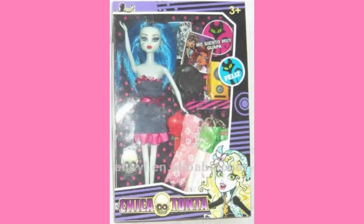Not gonna lie, growing up, I always thought tonta meant like stupid, dumbass, because that's how my family uses it. But when you punch it into Google Translate, it says silly, so I'm gonna hope that's what they were intending by it, because it'd be really funny if they were just calling this doll an idiot, just for no reason. The head also looks noticeably smaller than a Monster High head should be, which, again, a little goofy. And, yeah, I don't know. These dolls always have very cheap paper-white clothing, and this one comes with, like, 3 dresses of the same quality,